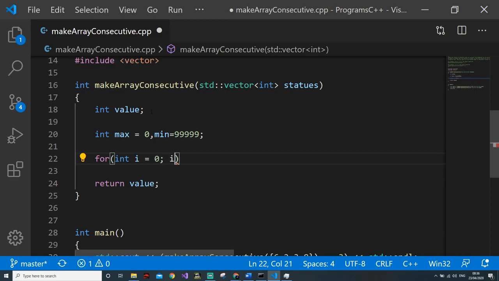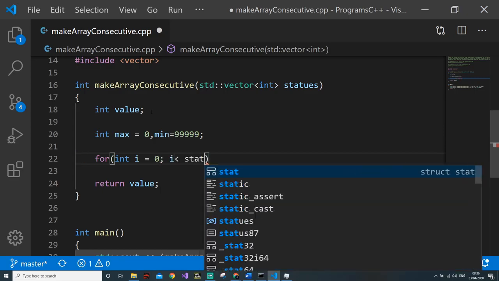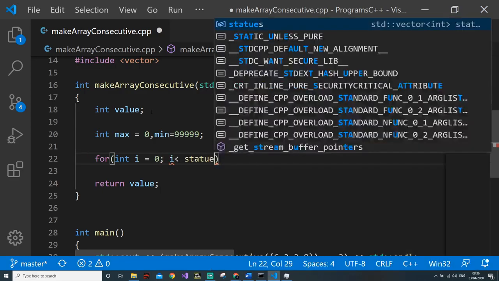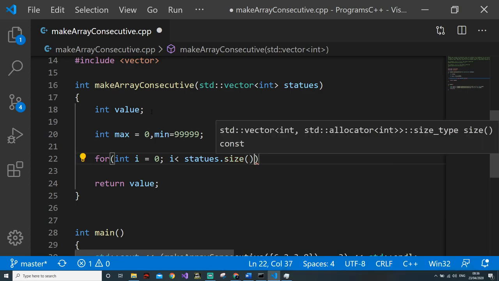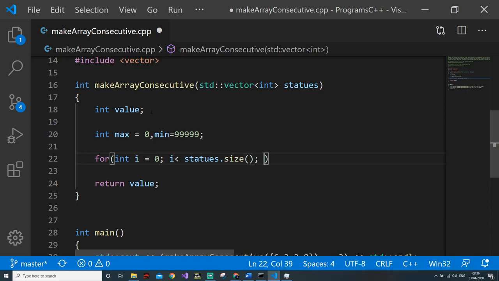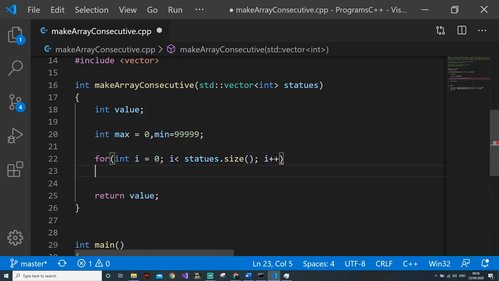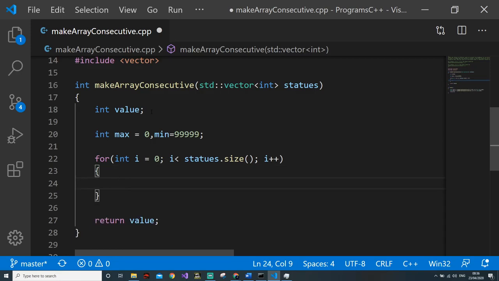And I am writing this for loop, which will run less than the size. It will have the time complexity of O of n because it is parsing the loop once, and most of the array problems will have the complexity O of n.